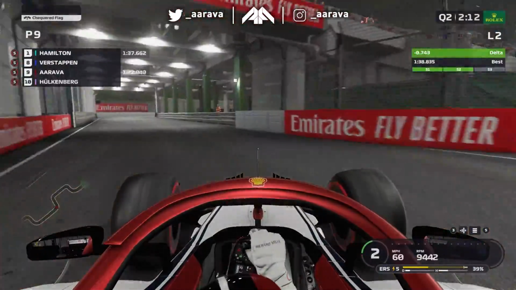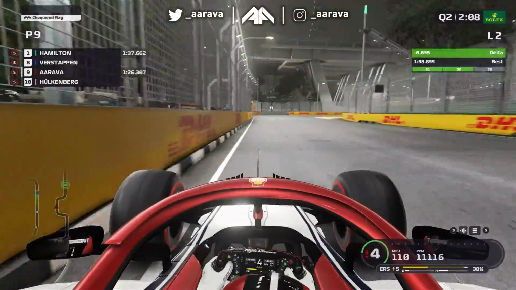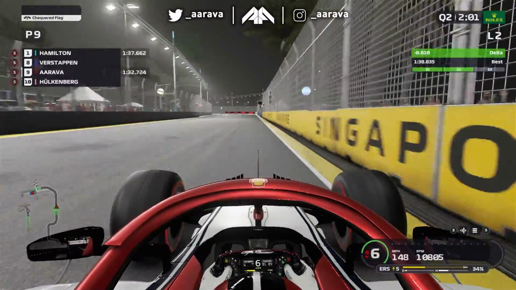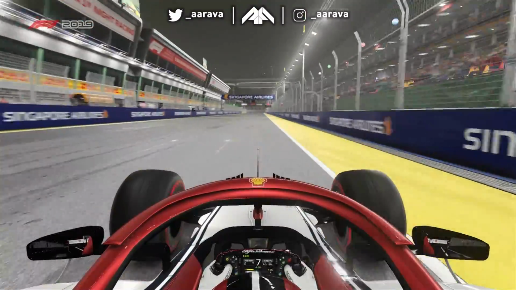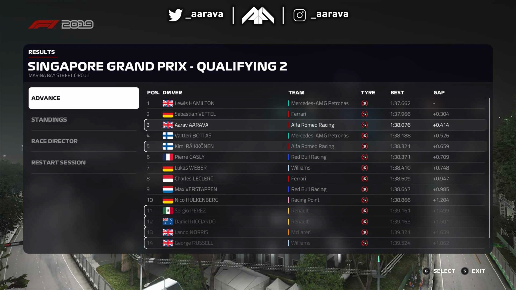Up into P5 in that first run, down to P9 now by the time we do our second run, but we found a heap of time there on that second run. I think the track was also evolving quite a fair bit and gripping up, so we should be able to comfortably get into the top 10 hopefully, because we're still in there technically right now. But we go through the last corner, a bit of understeer on that last apex, but wrestling the car across the line, and we will make it through into the top 10 thankfully, way up into P3 actually, which surprised